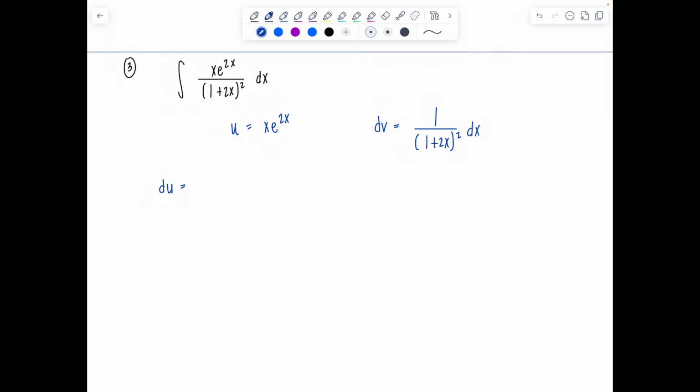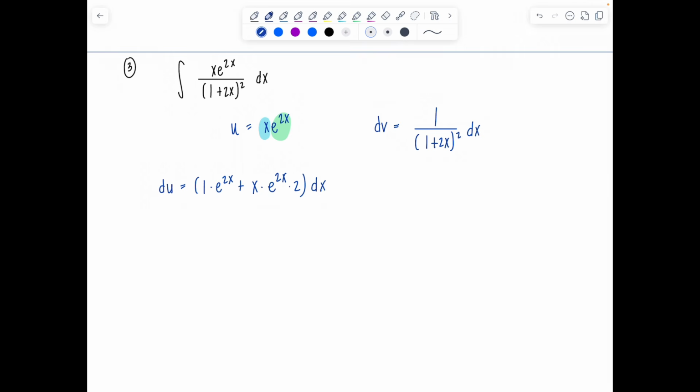Yes, we need to use the product rule because we have a product of two functions. I have x times e to the 2x. So the derivative of x is 1, leave e to the 2x alone. Now leave x alone. The derivative of e to the 2x is e to the 2x times 2. Don't forget your chain rule. dx. And then